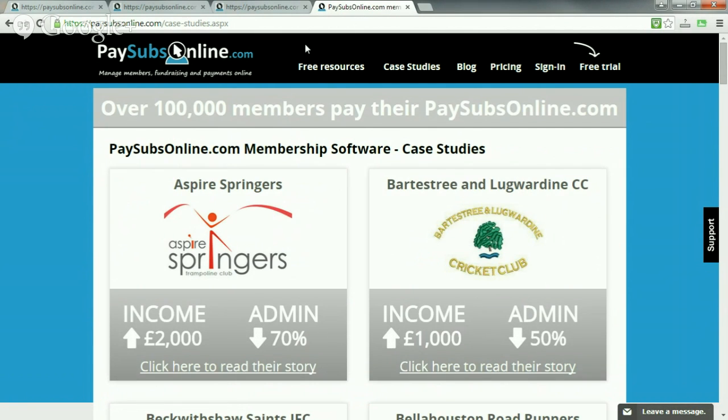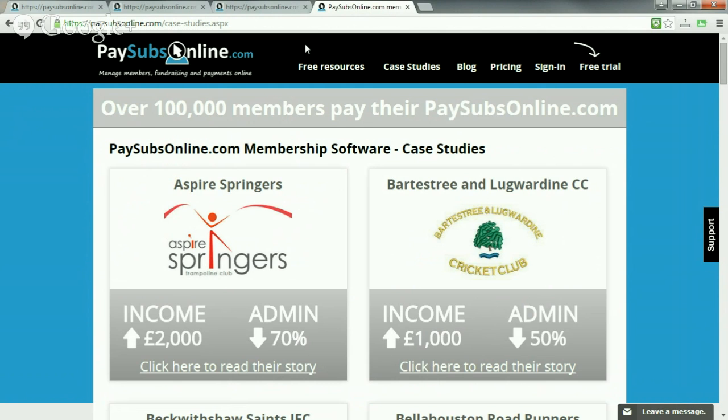And then there's the transaction fee. So when a member pays online, if they pay by debit or credit card, it's 3.95% plus 50p per transaction. If they pay by direct debit, it's 2.95% per transaction with no fixed fee. And we deduct those fees at the point of the transaction itself.